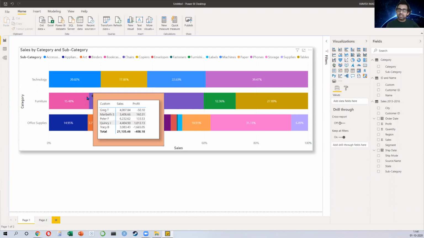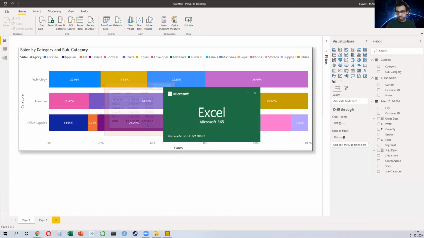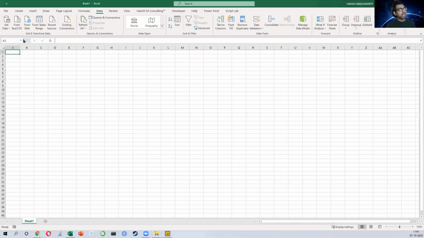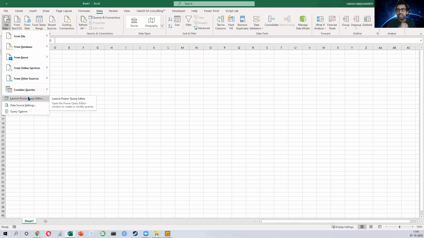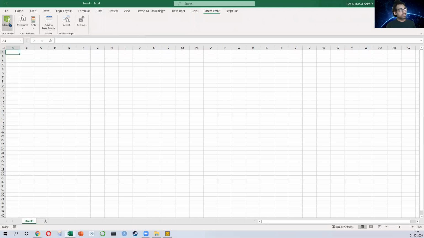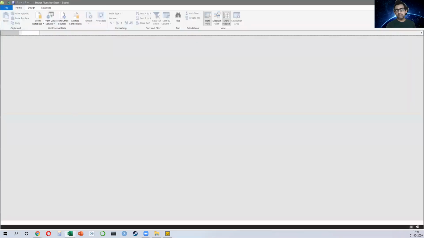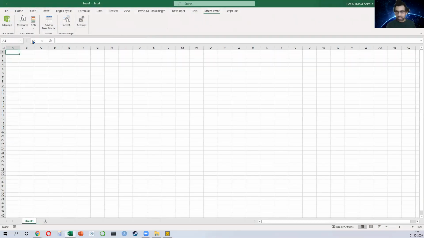For Power BI, the data will always come from an Excel file, number one. That's the first reason. The second reason is that all of these options that I've shown you, everybody, all of this is available in Excel as well. Do you see this? On data, I have get data and I have Power Query Editor. Every single thing that I've done, which is the cleaning of the data, can be done in Power Query Editor. Now you will say, but Havish, how will you create the model? How will you link different tables with each other? That you can do in Power Pivot. Here you can go to manage and you can create the same relationships between the different tables that I've done in Power BI. Right? I'll just give you a quick 2-minute glimpse of how we do this.